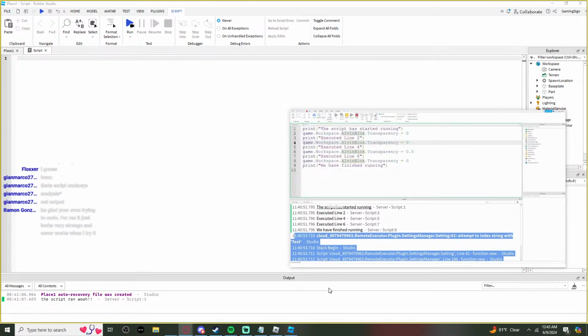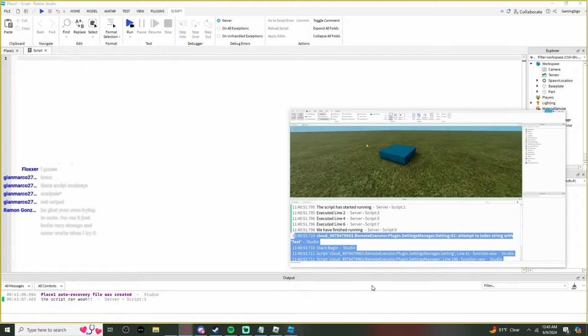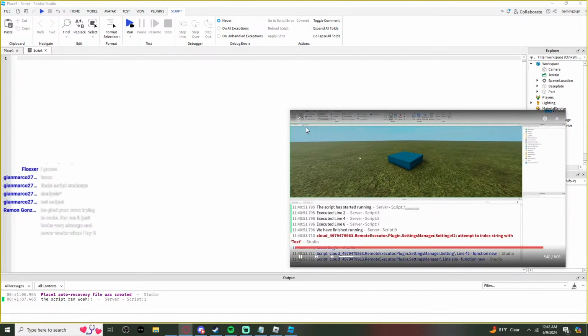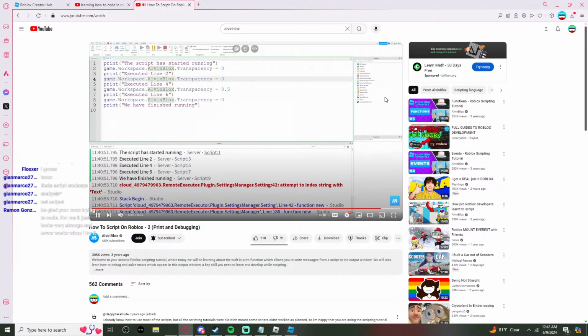Again, ignore this error here, it's completely unrelated. You can see here, the script started to run, executed line 2, executed line 4, executed line 6, and we have finished running. So there you go. The script ran perfectly without any errors, and once it gets to the bottom,